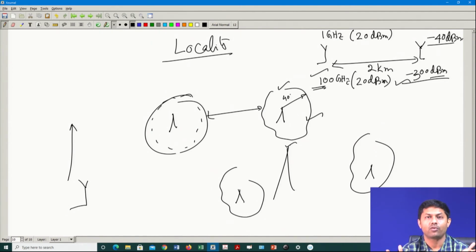I do not have to transmit everywhere. For example, if you look at this kind of sparse area, I may have to put a big base station here and send a huge power, which means anything sitting here, all that power will be lost, because nobody is using it. Most of the people will be using it in the locality.